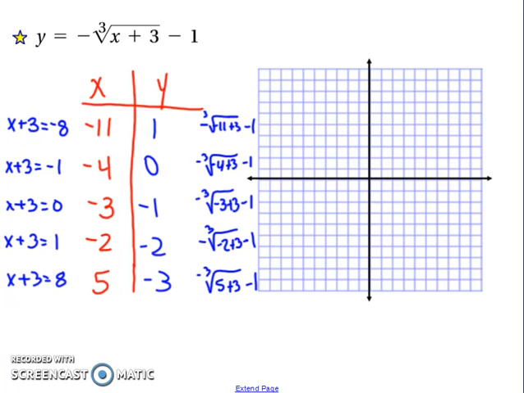So now I'm going to plot my points. So I have -11, 1, so that's about here. I have -4, 0. I have negative 3, negative 1. Oops. That's here. Negative 2, negative 2. And then 5, negative 3. Okay, so